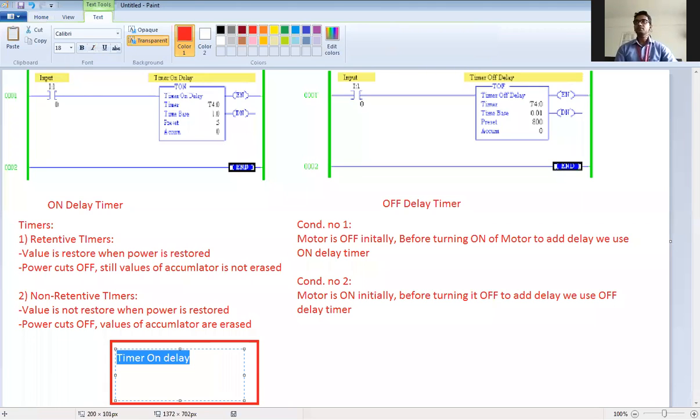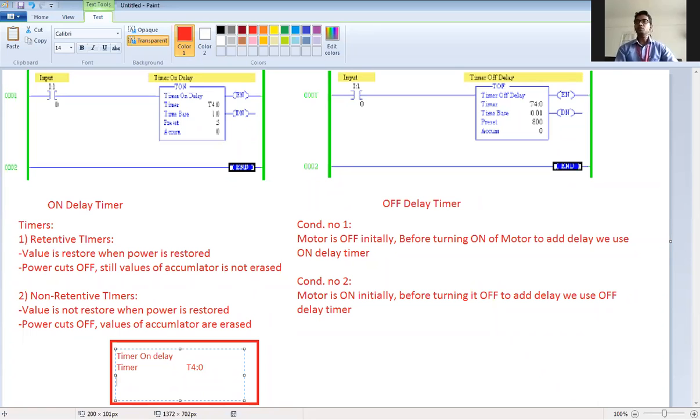Just reducing the font by some value. Okay, first is the timer number, that is T4 colon, say suppose 0.